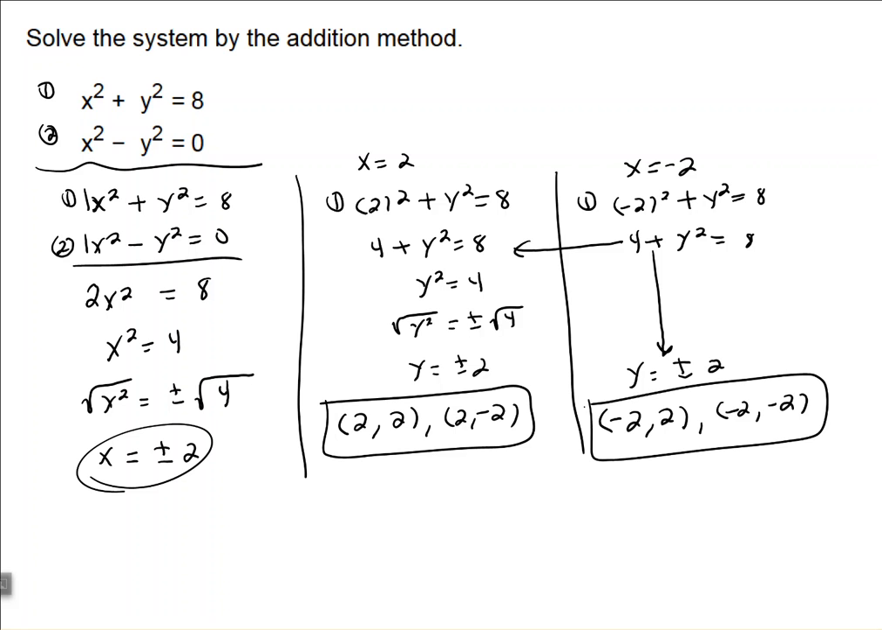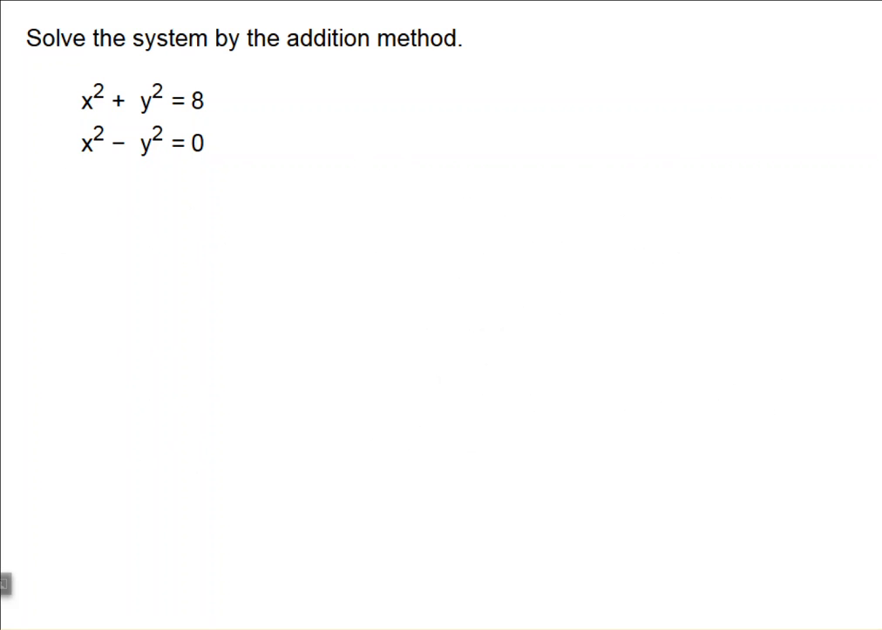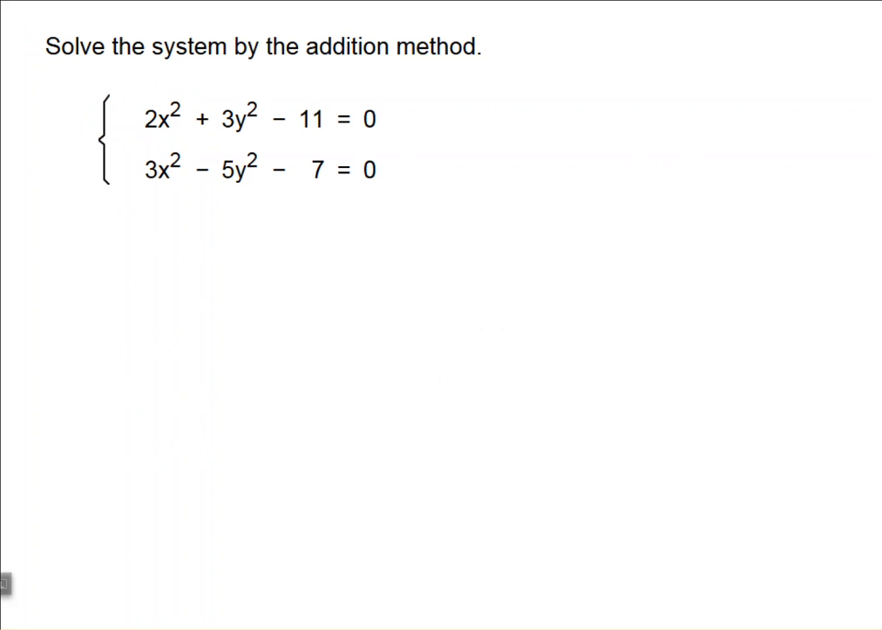Okay, let's look at another one. All right, here we have 2x squared plus 3y squared minus 11 equals 0, and 3x squared minus 5y squared minus 7 equals 0. So to use